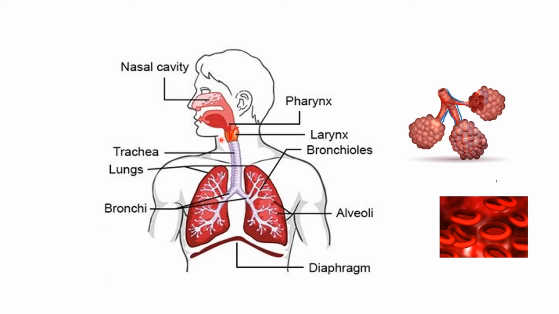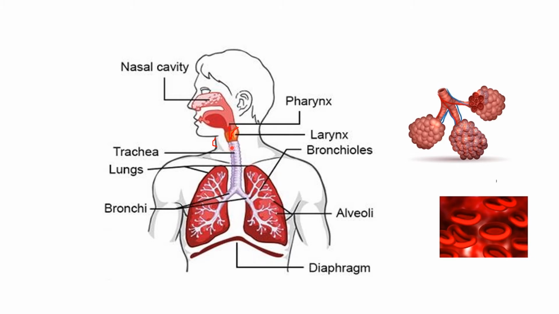And sometimes you have seen that some people have some pointed structure on the throat. This is called Adam's apple. You can see they have a pointed structure in this way, like this. So this structure is known as Adam's apple. And then air reaches the trachea,